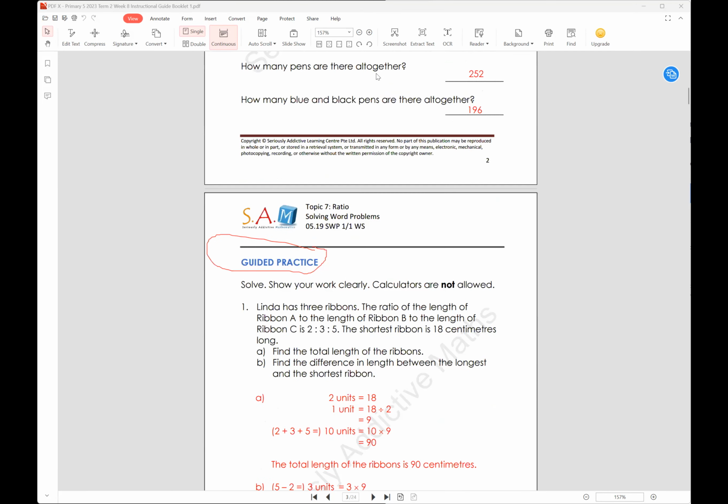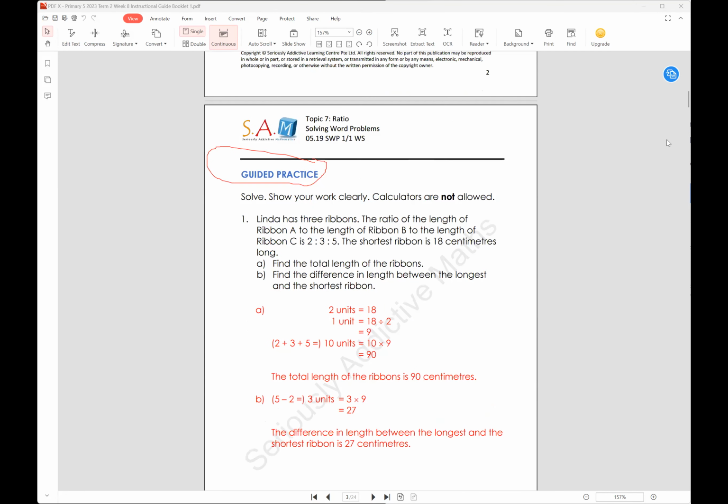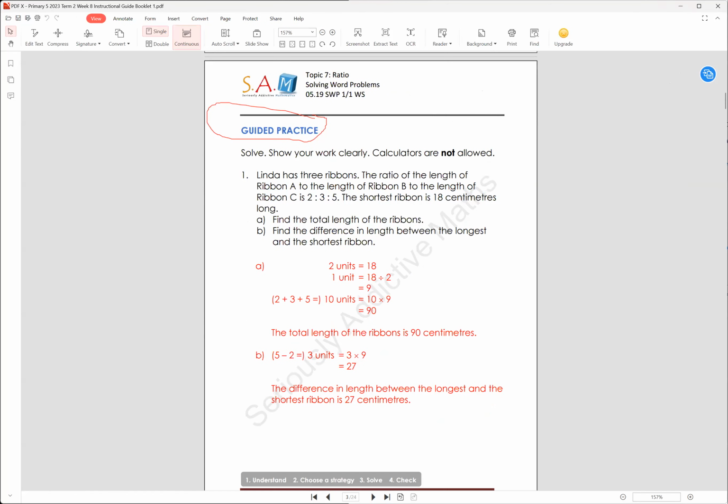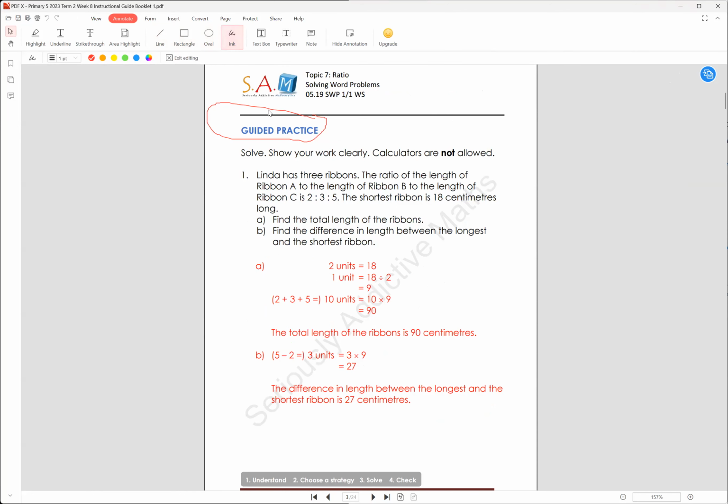Okay, so let's start with the guided practice. Even though for the guided practice, for the model answer, the bar model is not drawn, make it a point for students to draw the bar model along the way because it is about practice, right? So that when they get to the harder questions, they know what to do. Okay, so simply put, for this ratio of the length of ribbon A to B to C, how can they draw this? They can draw A, right, B,